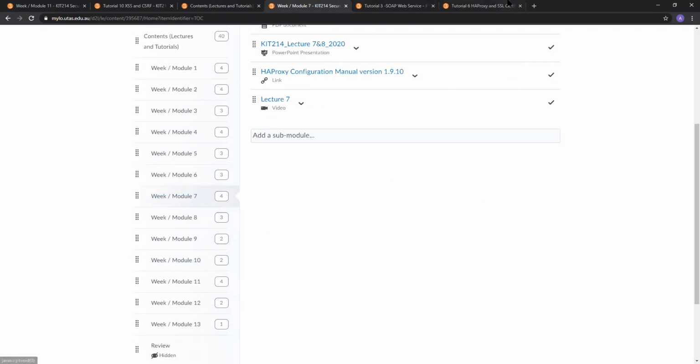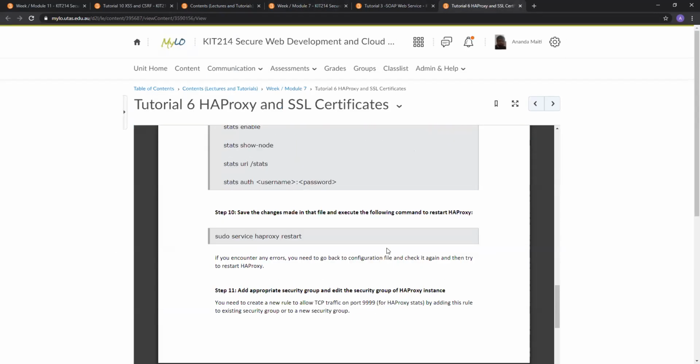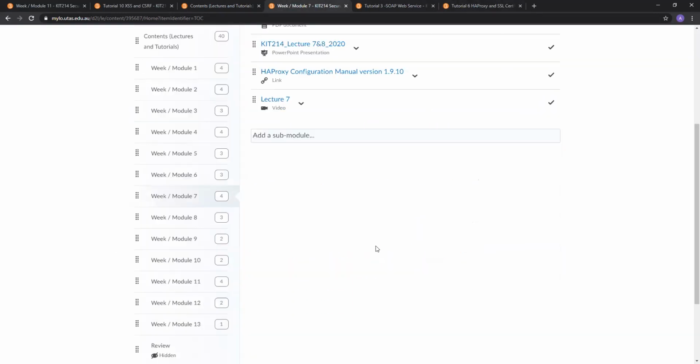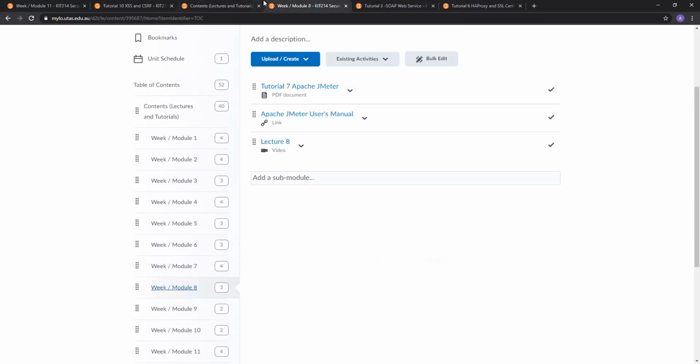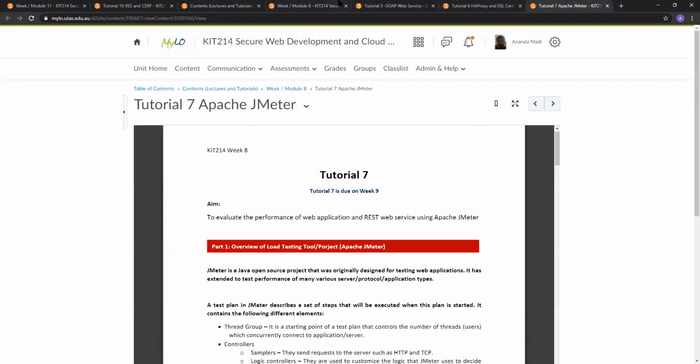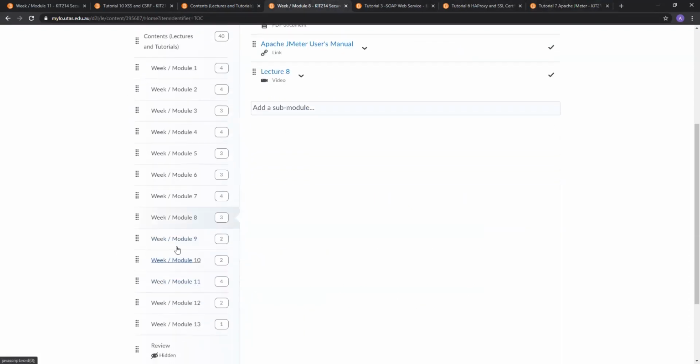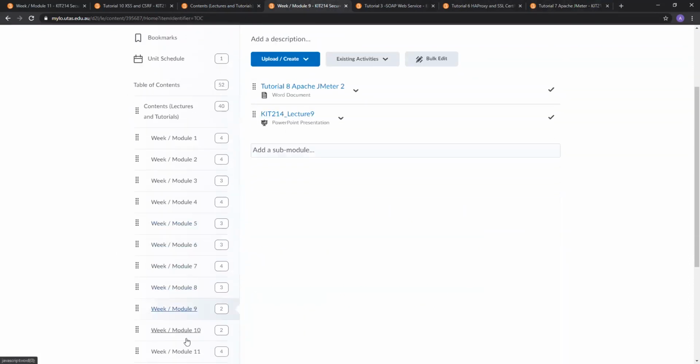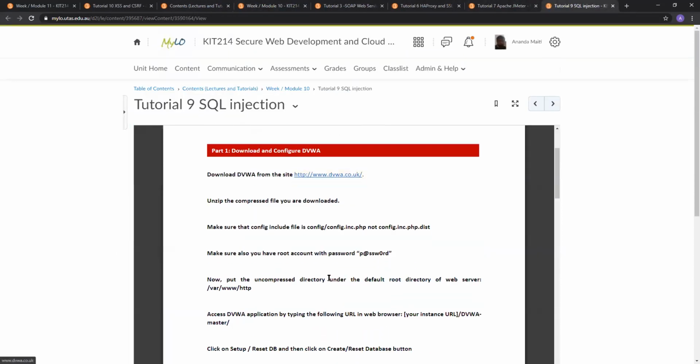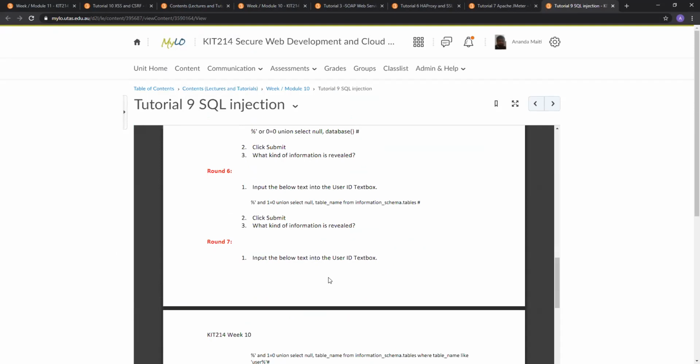HAProxy is definitely, I mean, we're definitely not asking HAProxy configuration. You have done that very well in your assignments already. Similar for Apache, the JMeter and all that. Those are assignment specific stuff, they're not concerned about that in the exam. Yeah, just with the DVWA, it's like